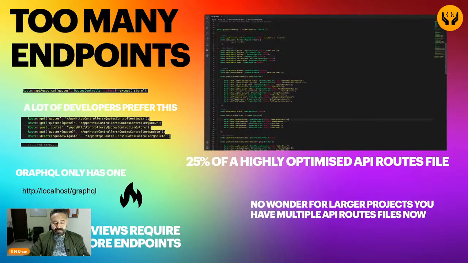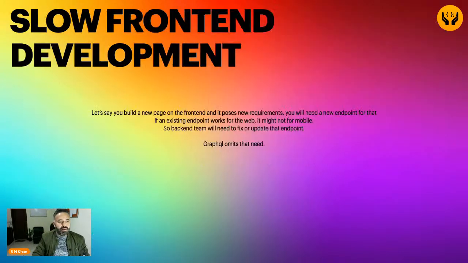Now, GraphQL, in comparison, has only one endpoint. So right from the start, it has only one endpoint, and you query that endpoint to get the data that you want, and not vice versa, where you just send a GET request and it gives you all this stuff that you don't want. Okay, so